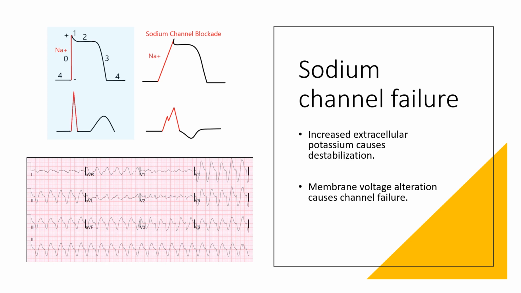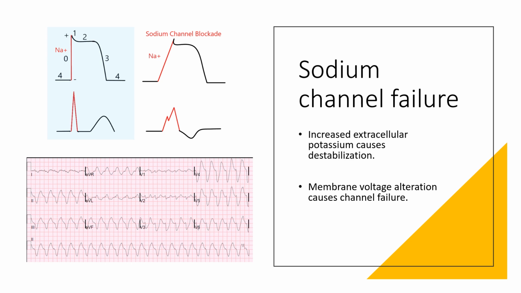You saw that equation that had all the electrolytes on one side of the cell membrane and the others, and it was calculating membrane voltage. Well, the way that these electrolytes move across the cell membrane is through proteins embedded in the cell wall, and they open and close based on changes in voltage. And that's true for your sodium, for your calcium, for your potassium. And so